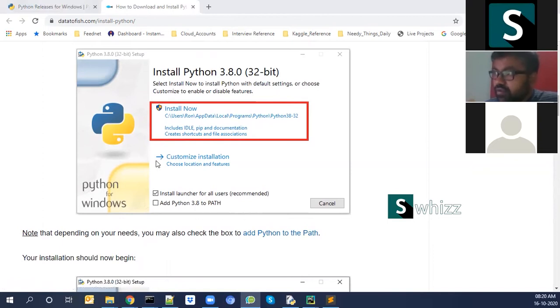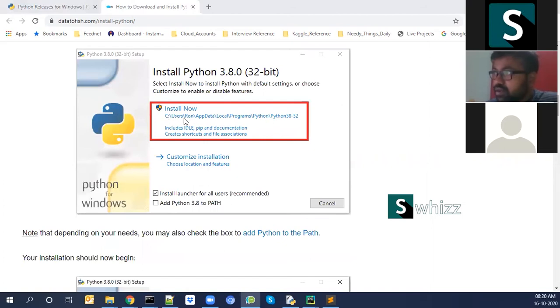Oh, you are done with this screen, like you selected the customized installation and add path. Yeah, done. So you're done with that one and you tapped on next, right? Yeah. So the optional features options are there. All the options you need to check. Okay. Apart from that one, in customization of the folder also, this path will be there, right?